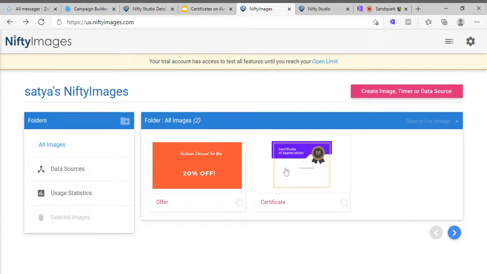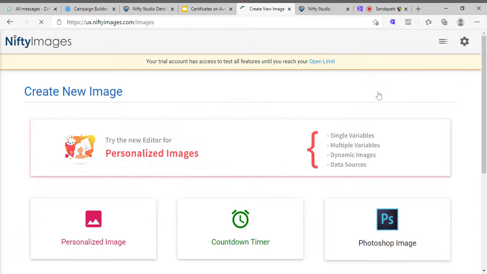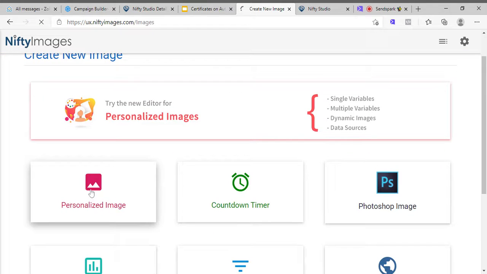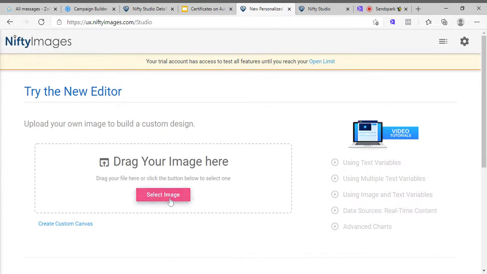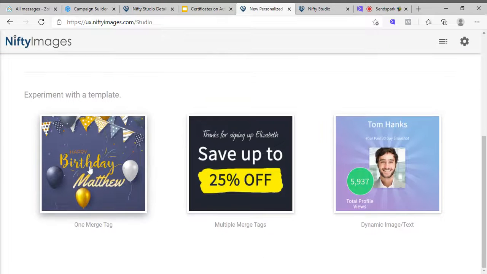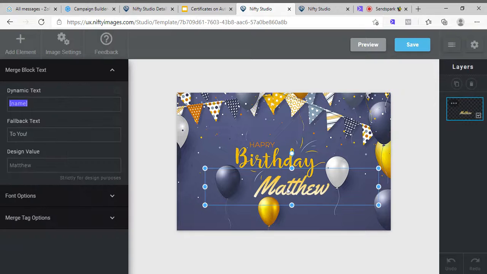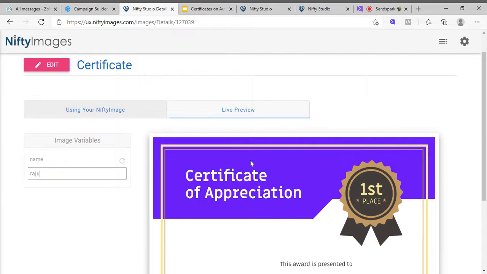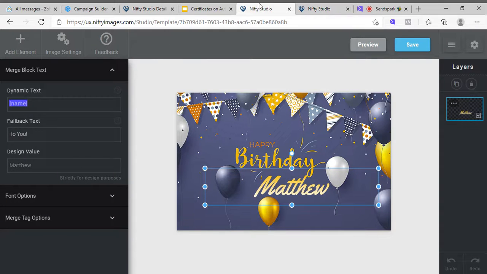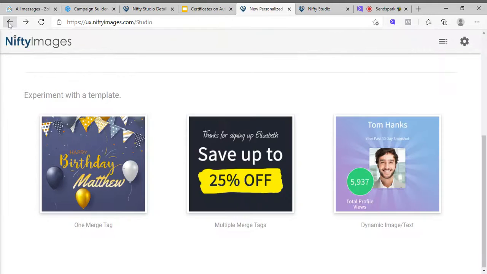So it's a sample template I have downloaded, and you can also just create a personalized image from here, like saying in the name of personalized image, and just drag and drop. For now, I'm just selecting this template to show you. So this is where the name of the person would appear. So this is a template, but here I have chosen already my certificate template, which is already created. When you click on save, you will reach the same place here.